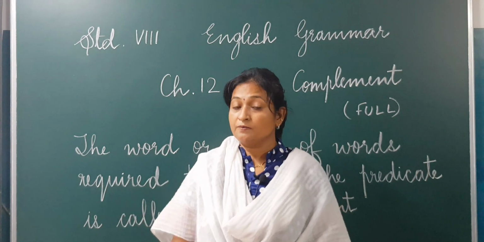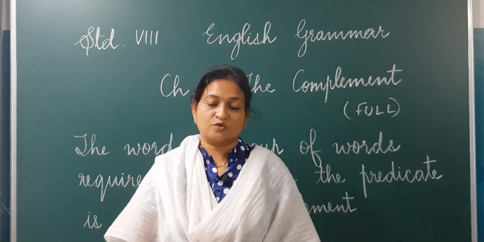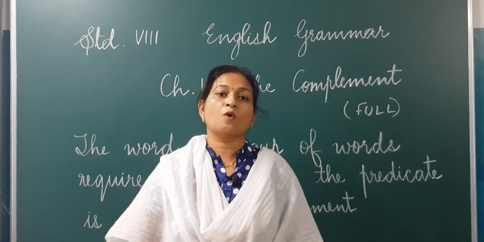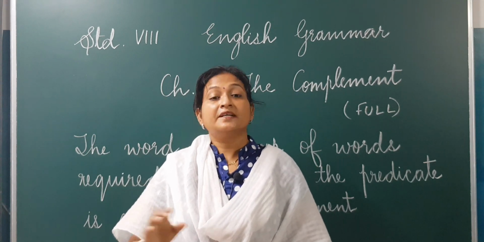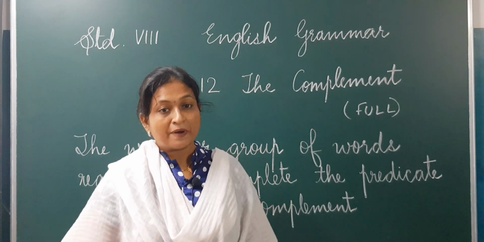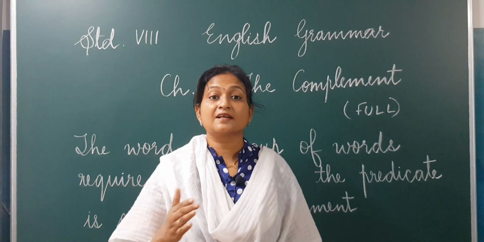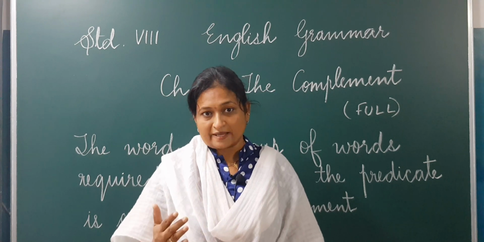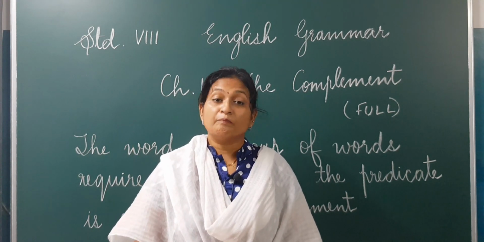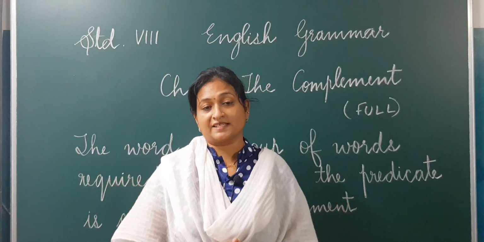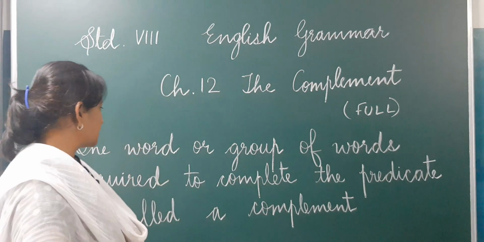Now, verbs are further divided into transitive and intransitive verbs. Transitive verb always carries an object. Intransitive verb doesn't have an object, but sometimes when you read till the verb, it makes complete sense. But sometimes till the verb, when you read a sentence, it doesn't complete the meaning of that sentence. It requires a complement. So what is a complement?